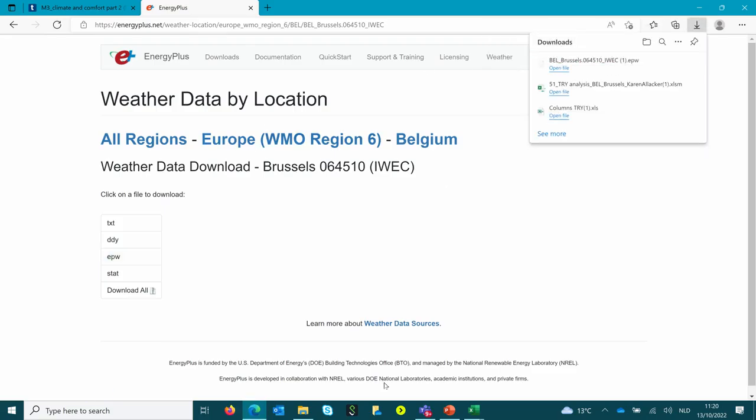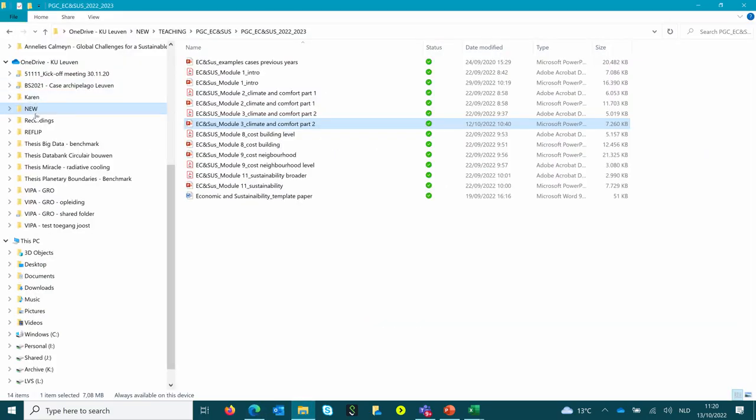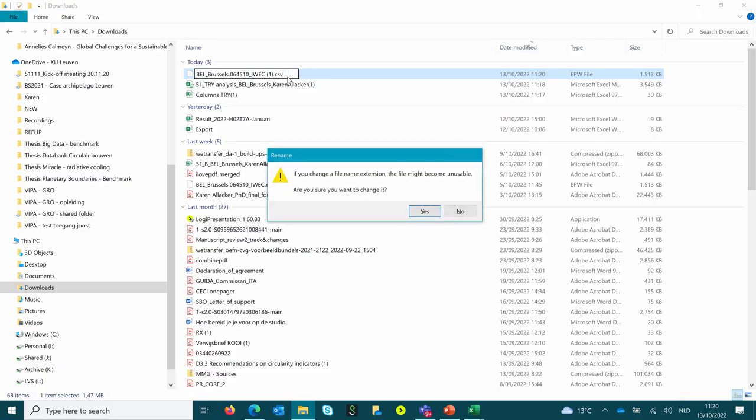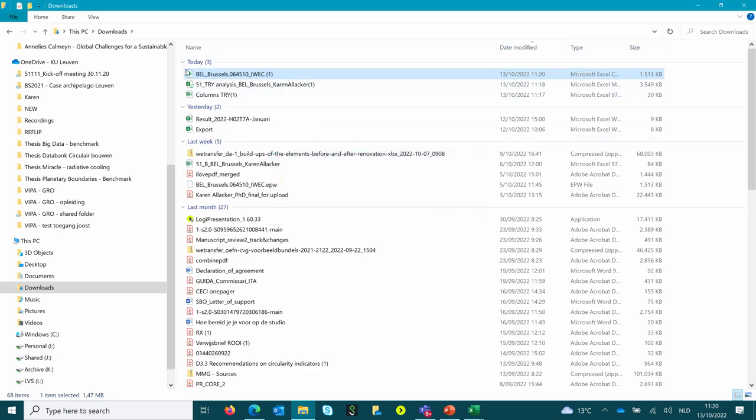It's downloaded, then I go to my downloads. I change the extension. CSV. Yes, you say it might be unusable, but you say yes, and you see that now the symbol changes to the Excel file. If I open it,